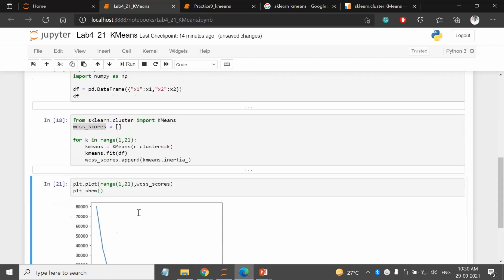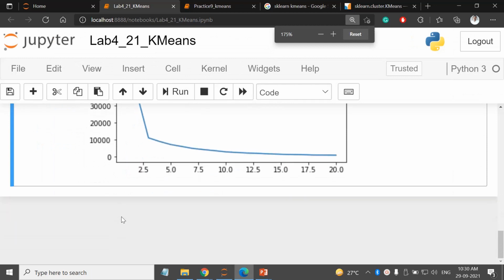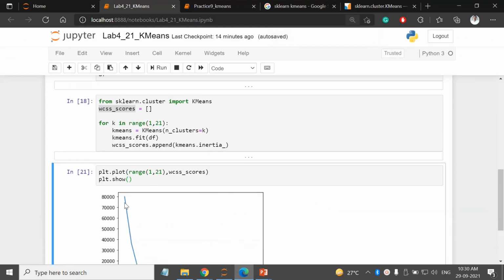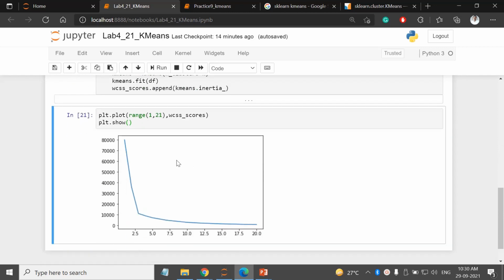Okay, so as you can see, these x labels are 2.5 units away. As you can see, this elbow point, the pivotal point, is actually at 3. It is somewhat to the right side of 2.5, that means it is 3. So the ideal value for this data set is 3. Okay, did you get the concept?